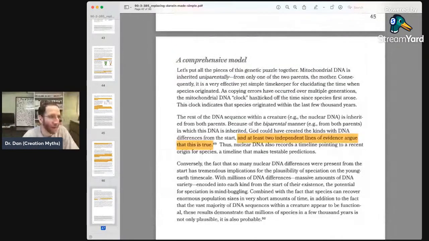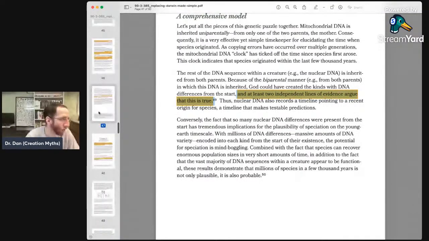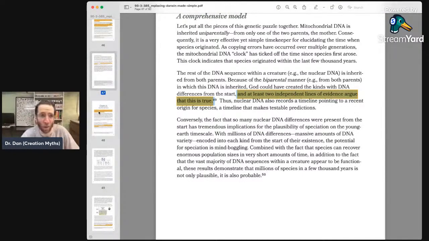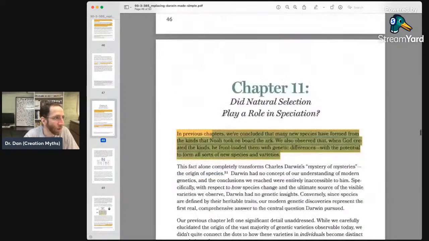All right. So again, I love this where he's just like, we've seen that 2 independent lines of evidence support me. It's like, no, we haven't. You're just asserting. This is not good. We're going to keep going because I don't want this to take too long. Okay, previous chapter. This is just the summary. Great. Let's see. So this chapter is natural selection.